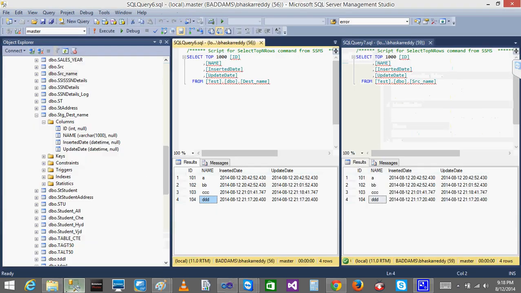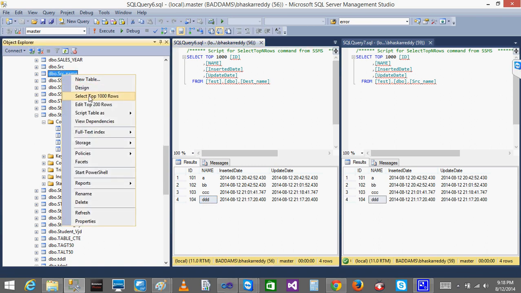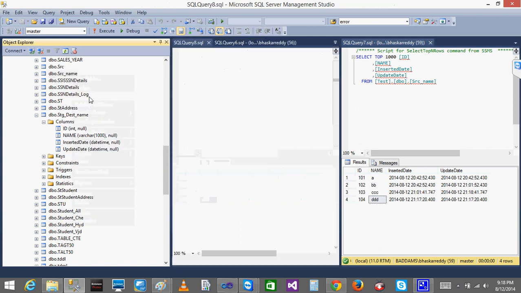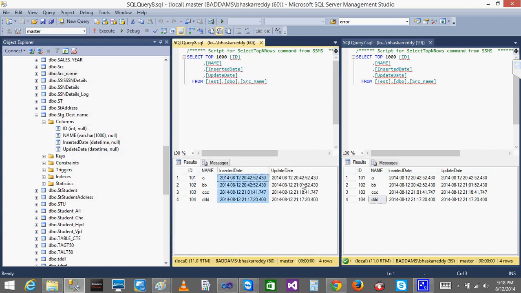And one more thing is that don't worry about this name. You might be thinking, in the real time scenario, who will be updating this insert and update date? So basically in the companies, the person who is dealing with the table, you will be informing them, or they will have some standard to always update and insert this date time. So your task is that you can just go and get them.